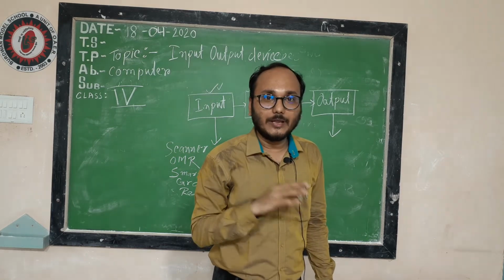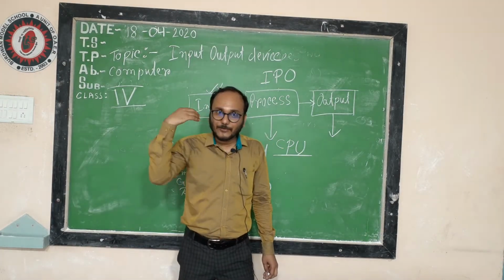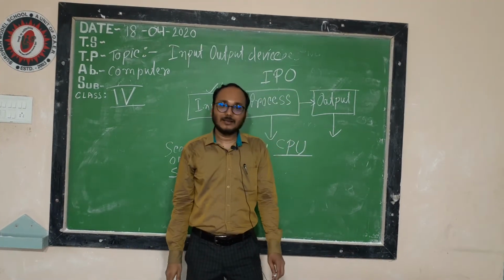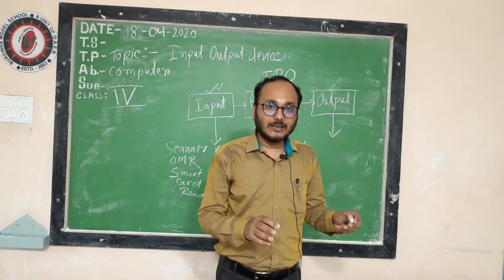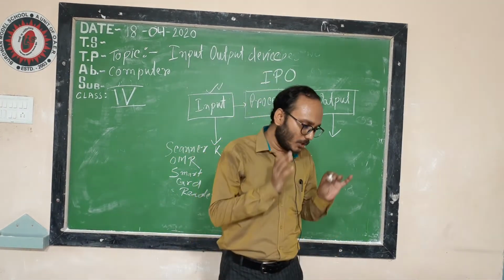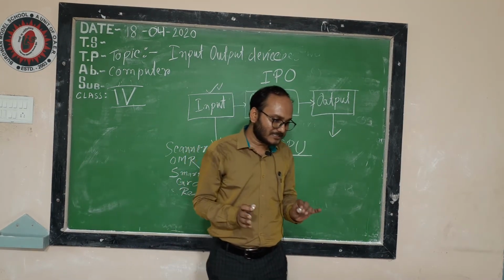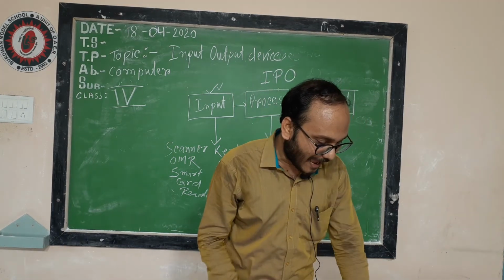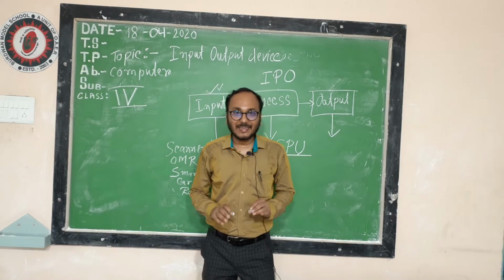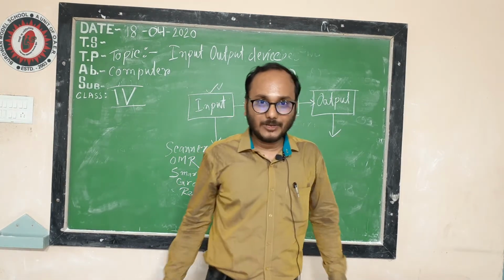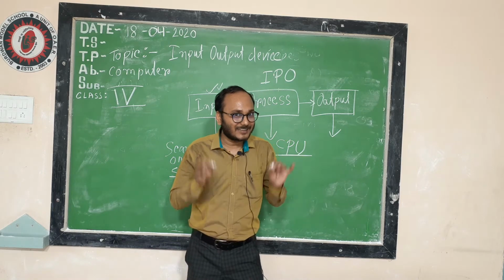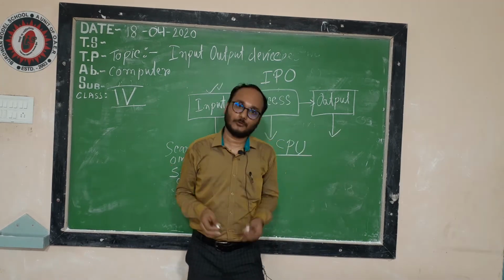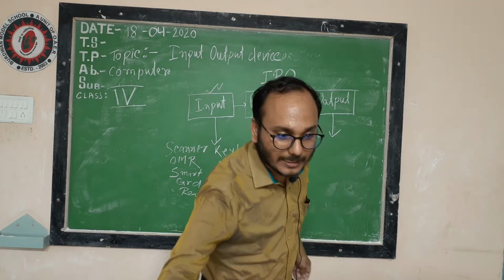Central processing unit, it is also divided into three parts: ALU, MU and CU. ALU, arithmetic logic unit. Anything which you calculate goes to the arithmetic logic unit. Then memory unit. Whenever you store any file, it goes to memory unit. And the last one, control unit, which is related to control part. It manages all the operations of the computer, just like a traffic policeman. Police control the roads, safety and security. So it also controls the whole operation in computer.